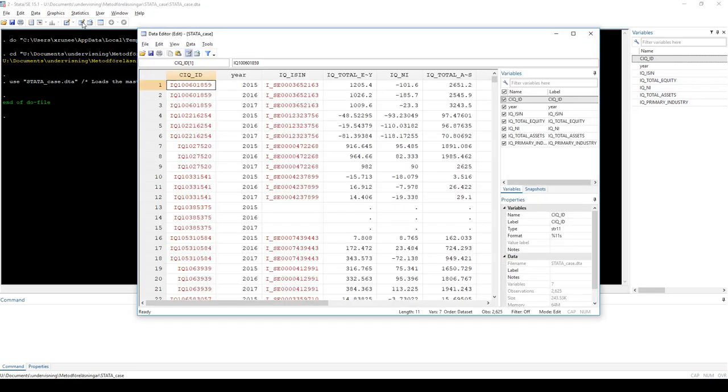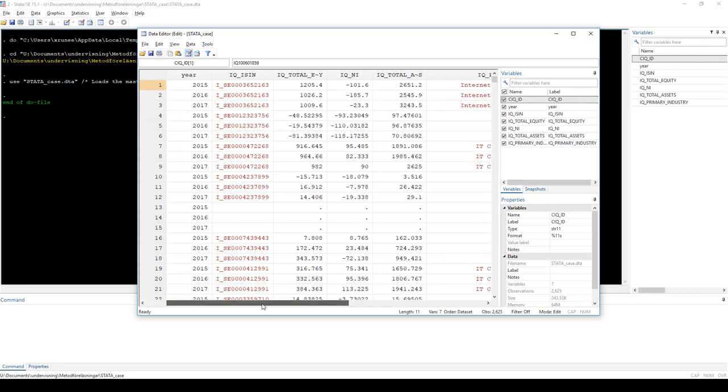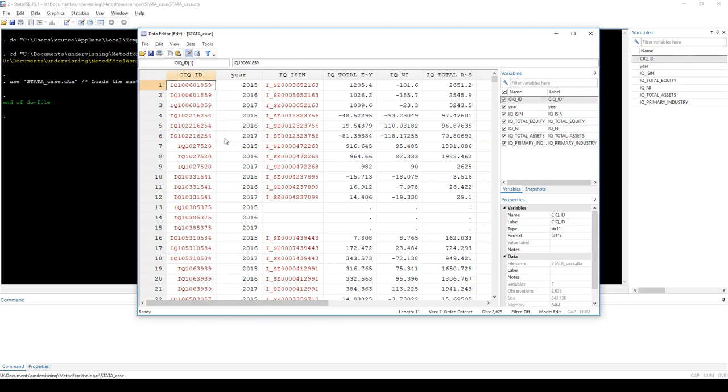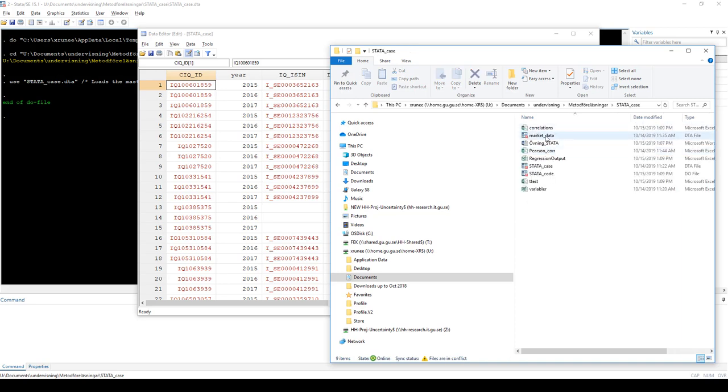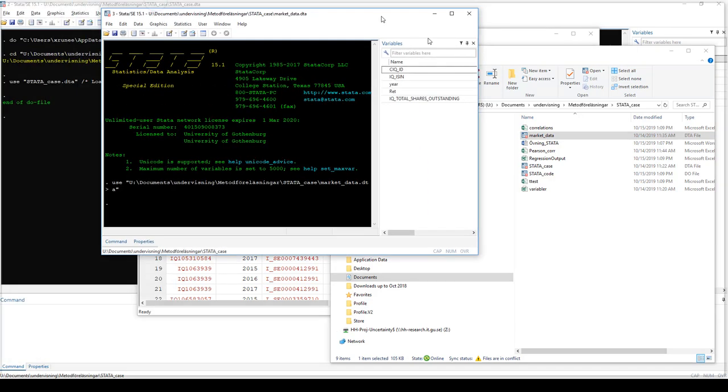Now, if you want to, we can inspect the variables by accessing the data editor, and everything seems to be in order. What we want to do now is merge this data set with another data set. The file containing this other data set is called market data. We could, if we wanted to, inspect this file first. So here's my market data file. That's the file that contains the data that I want merged with the master file. So if I open that and inspect that,